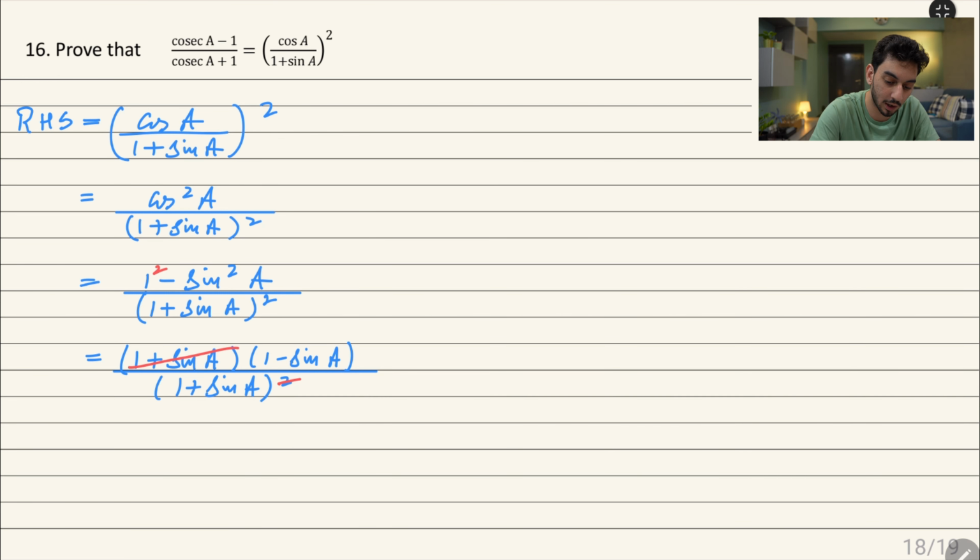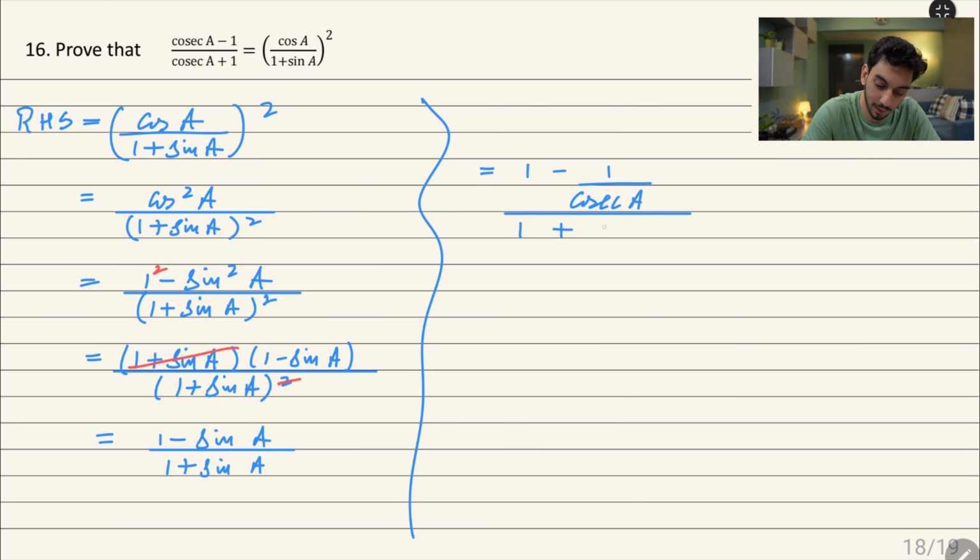Now this is not what is required in the question. The left hand side is not this, it is something else. We have done a similar kind of question where we convert it. How do I do that? I write it as 1 minus, the sine A can be written as 1 upon cosec A. In the denominator, again 1 plus sine A can be written as 1 upon cosec A. These ones are actually 1 upon 1s. Cross multiply it and it becomes cosec A minus 1 upon cosec A,